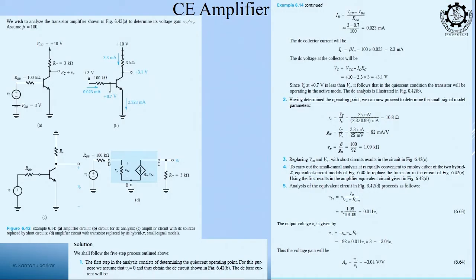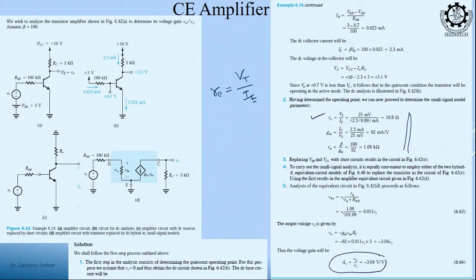So, this is just drawn here. So, all of these values are calculated. What is RE? RE is equal to Vt by IE. Okay. So, they have calculated RE, they have calculated Gm, R pi. Okay. And you can calculate the total